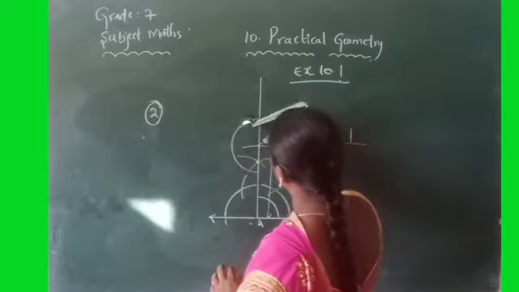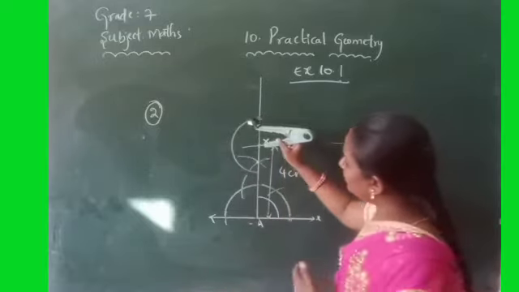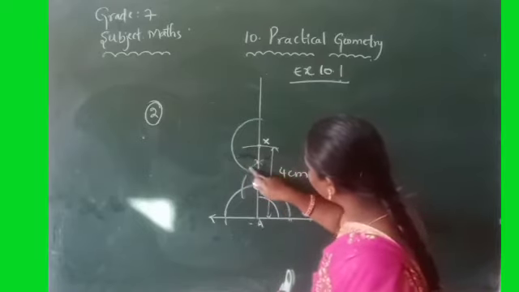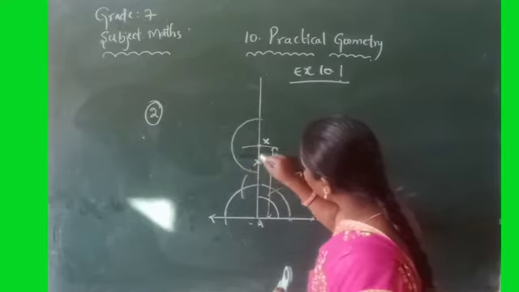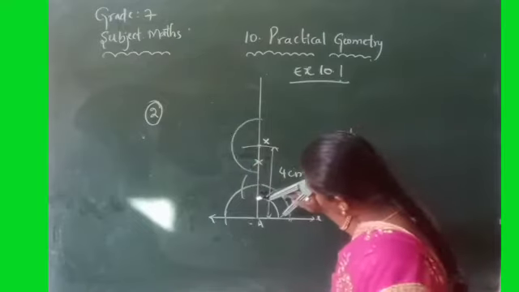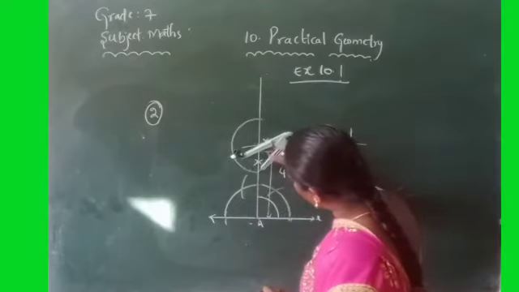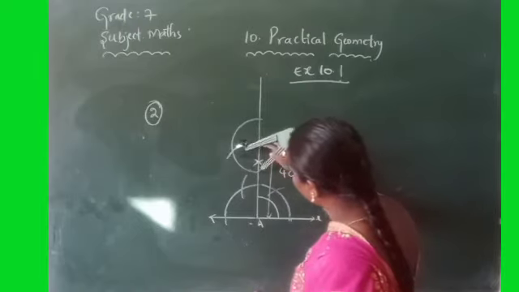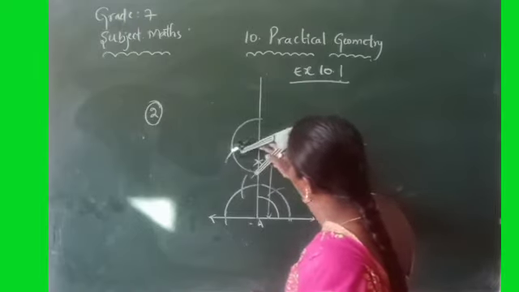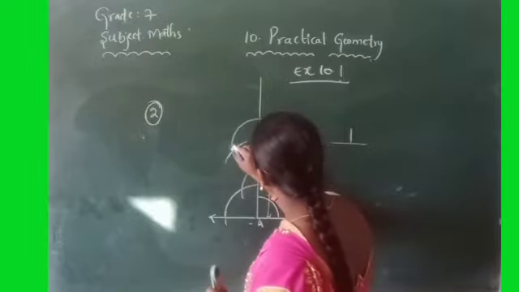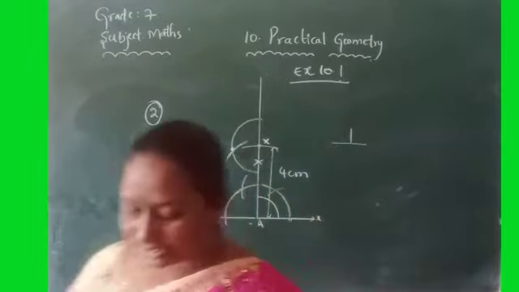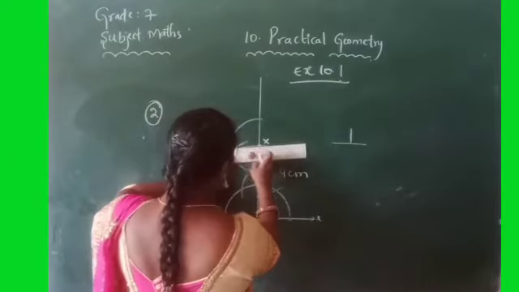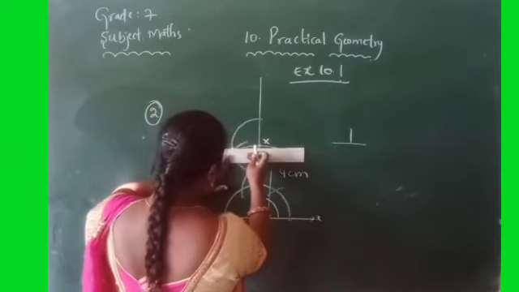Is it clear? Like this you draw. You can erase this and keep these arcs very short. After that, by using the same radius, you can cut this arc, so the arcs intersect here. Now what do you have to do after drawing the arc? You have to join these 2 points. See, exactly keep the ruler.